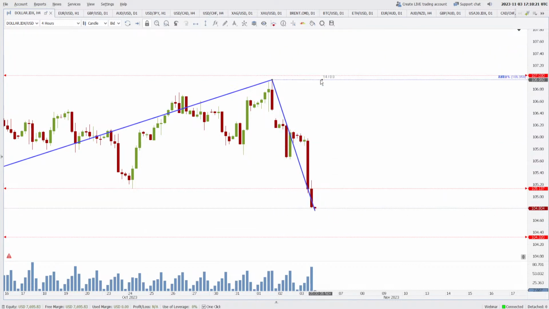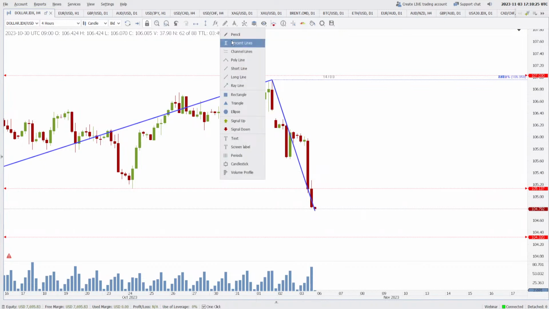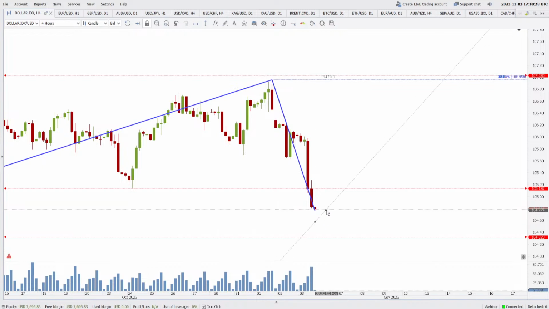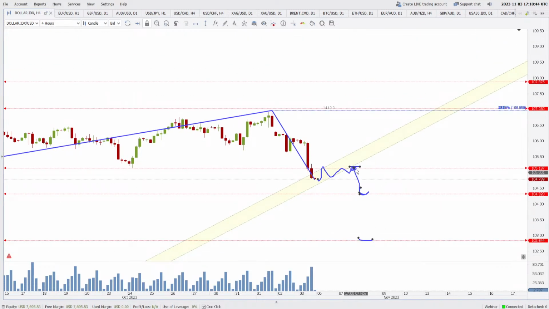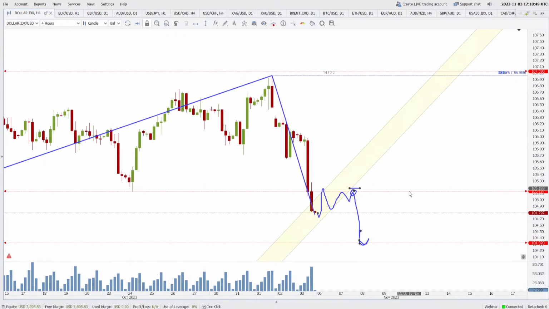Suppose our Fibonacci is not in place. Okay, we just leave it like that. So what we can do is draw a channel from that place, from where the counter trend moves. And when the price breaks below that channel, that is the place where we sell this market with the stop loss, and first target will be this, second target will be this, and so on and so forth. I hope you understand this point.